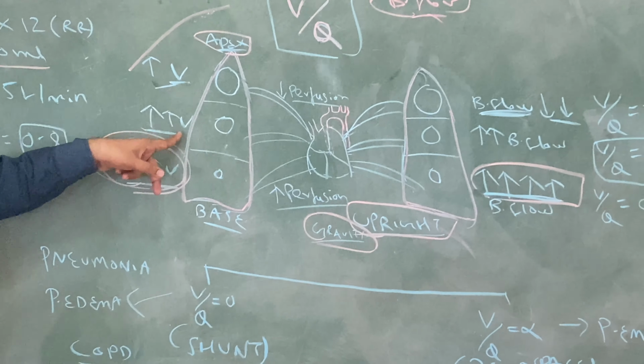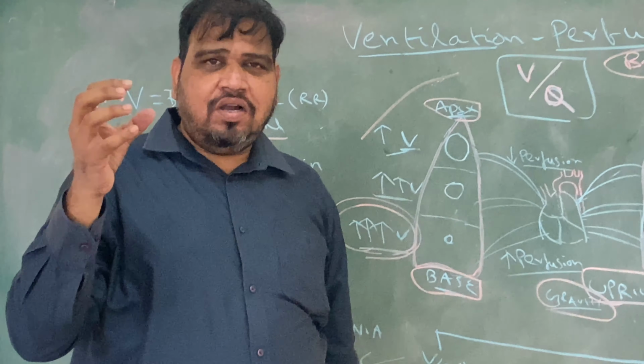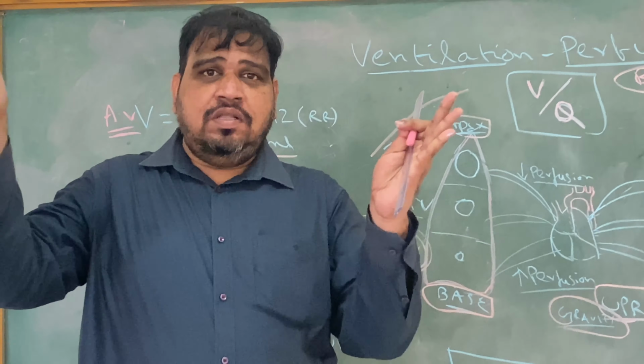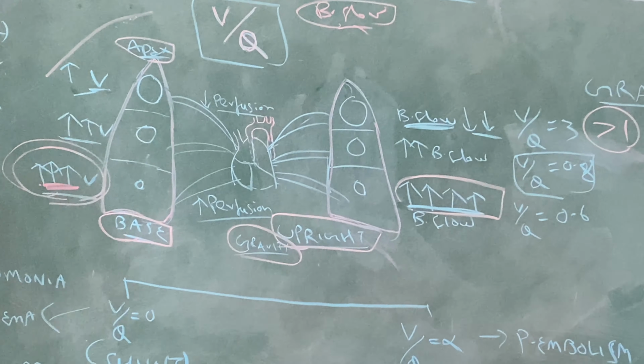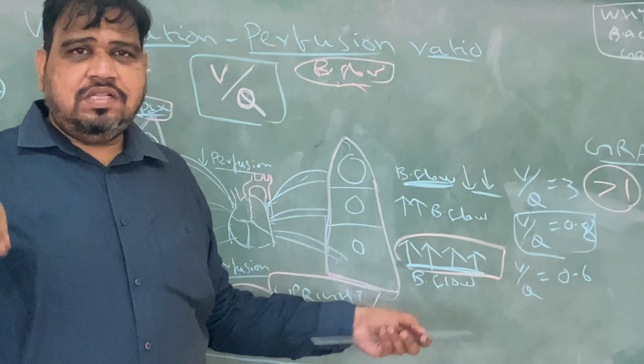Now let's come to the base of the lung. Just to see why base ventilation is more: because in the base of the lung the alveoli are small sized and have maximum capacity to inflate. Whenever the alveoli have maximum capacity to inflate, obviously more ventilation will be there. See here, it is a 3 times increase in ventilation. Why is blood flow more in the base of the lung? Because of gravity. The base of the lung lies below the heart, so more blood flow can come to the base of the lung.